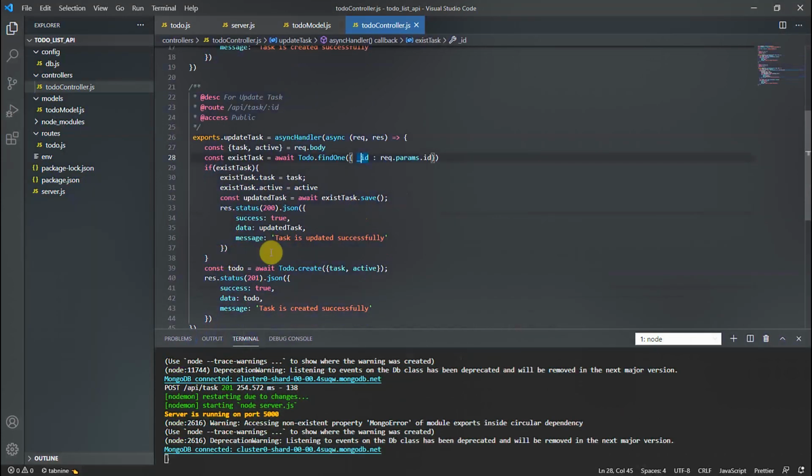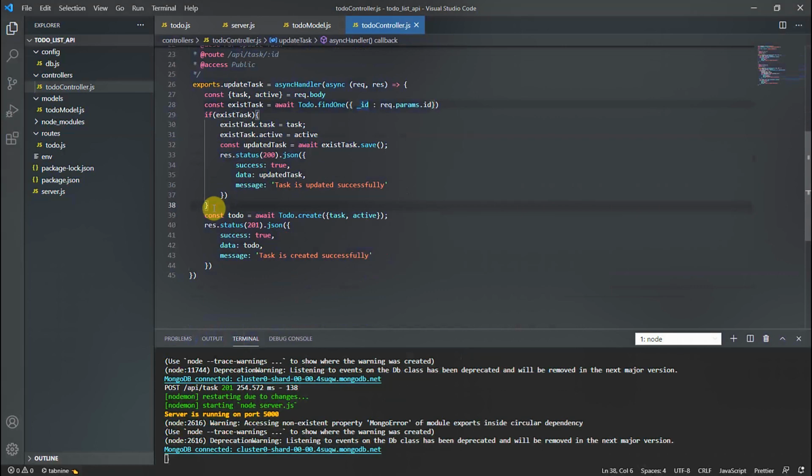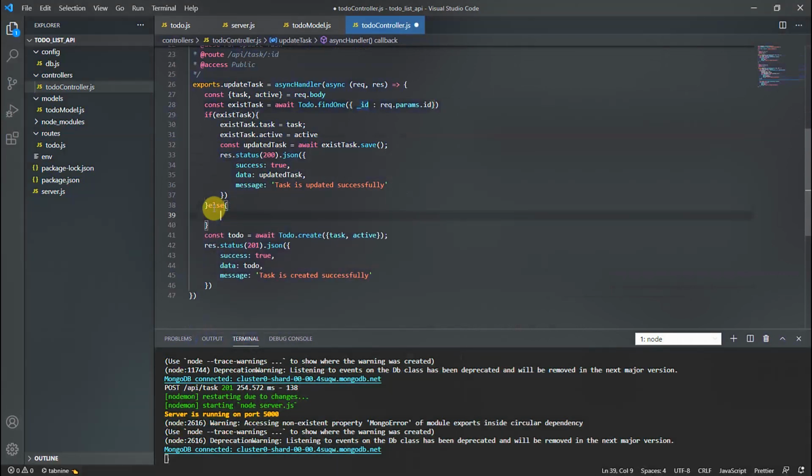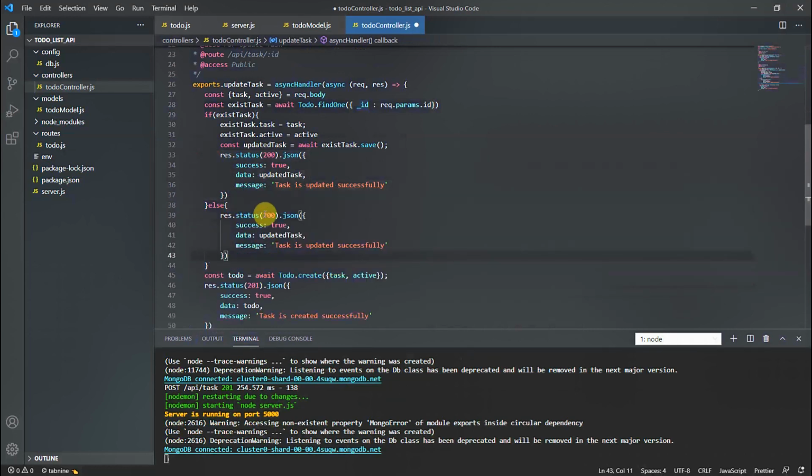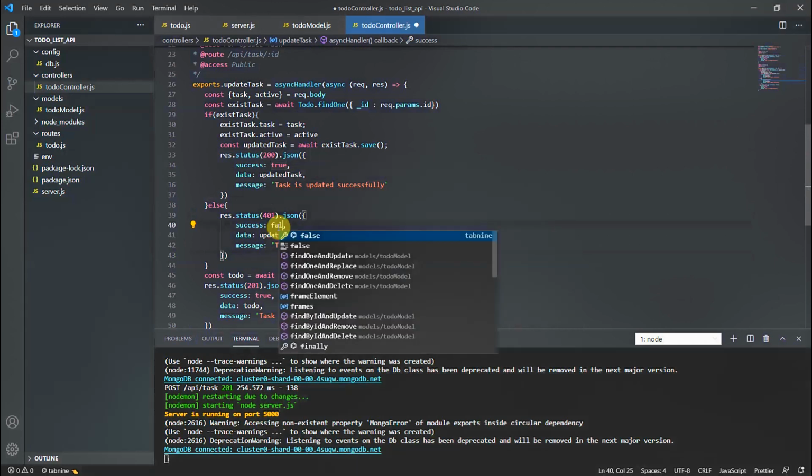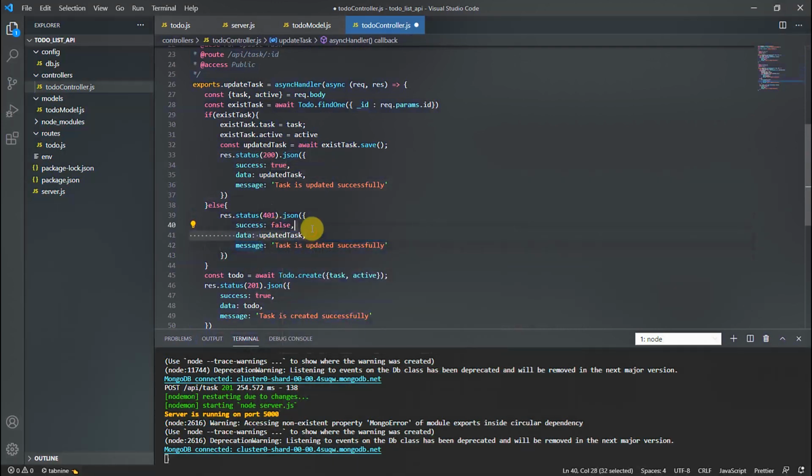And if that task does not exist, else the task does not exist, then you need to throw some error message. You can send some 401, that status is bad, and success is false, data is null, and you can send some message, task is not found.